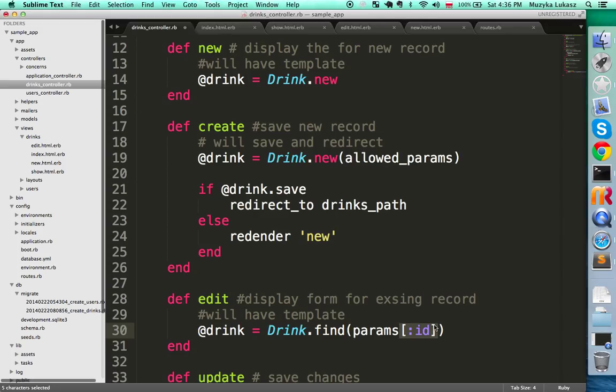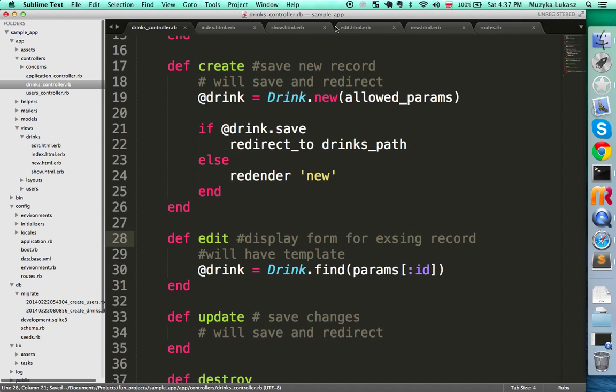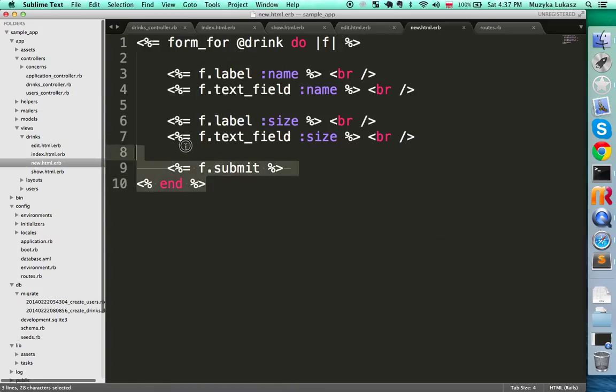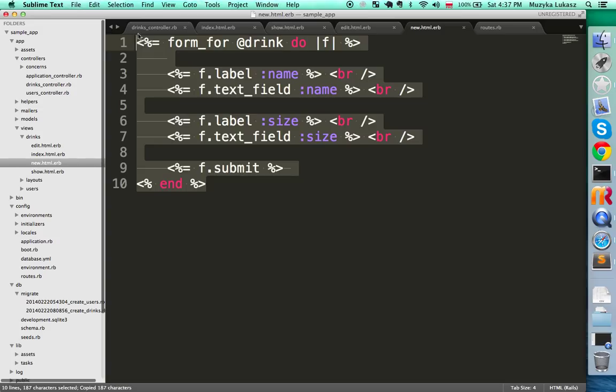right here. So you see our link injected this number 1. It's actually the ID of the drink that we created. Its ID is number 1 because it's the first one we ever created. And we use that ID here to find it in the database. Great. So we can now go back to the new page and we can copy this exactly as it is